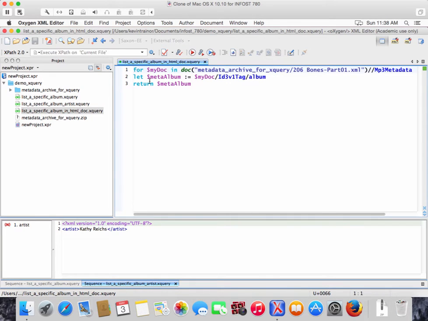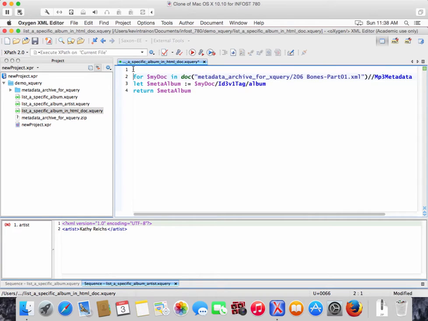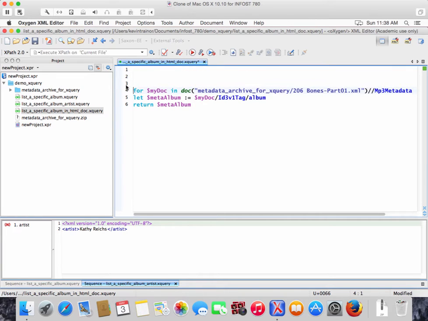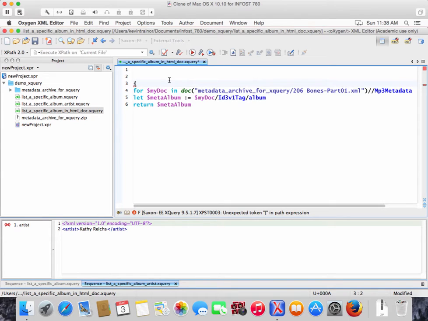So how do we do this? Well, what's really neat is that you can take this XQuery code and surround it with kind of template text. So how do you surround the XQuery code so that it knows it's not part of your template text, part of your markup? Well, you put the XQuery code in a set of curly braces. So there's the XQuery code in a set of curly braces. And now we're going to